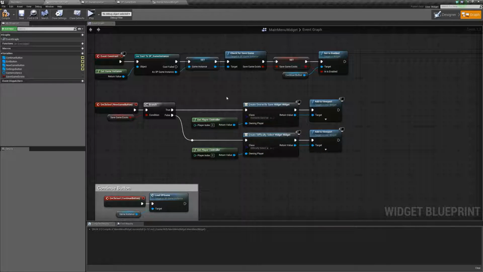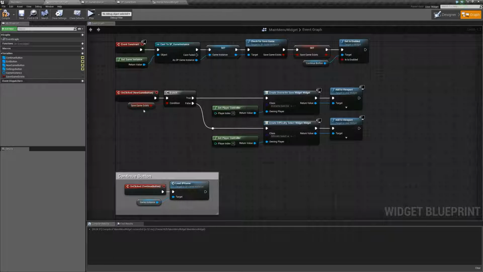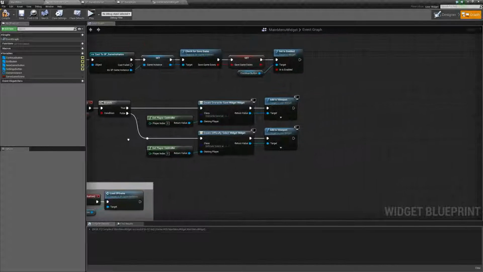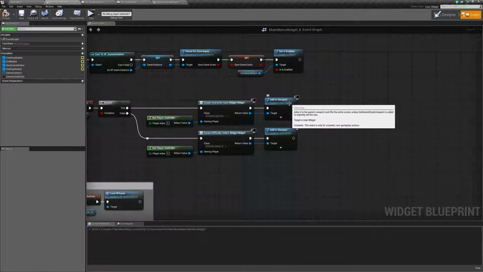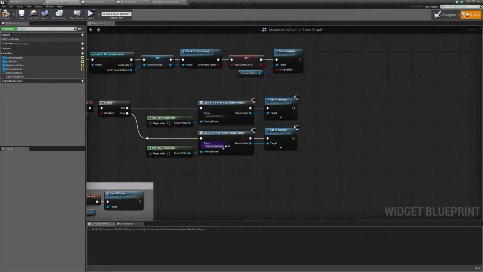So essentially what we're doing now is from our main menu widget, if we click the new game button, we're going to perform a check to see if the save game exists. If the save game does exist, we're going to create the overwrite save widget and we're going to add it